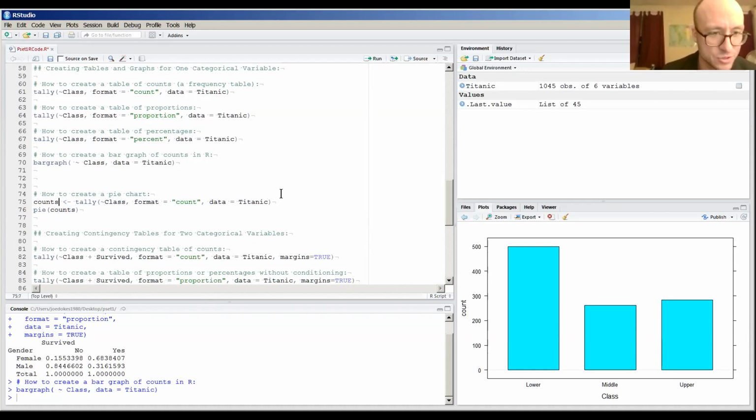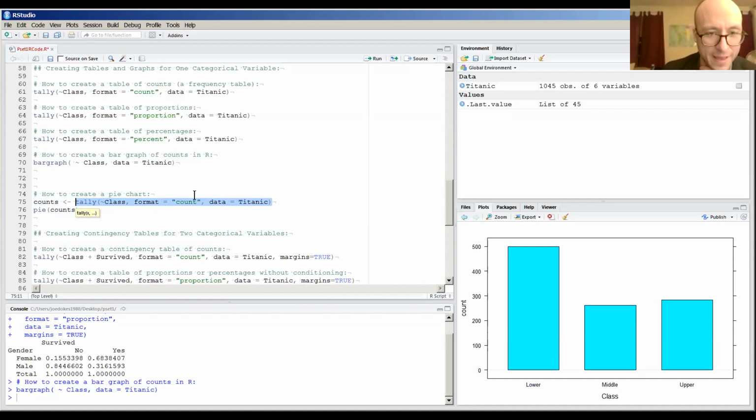All you're saying is you're going to tabulate the counts by class in the Titanic data set. And by the way, all of this to the right of the assignment operator should look very familiar. You're tallying the variable class using the format count